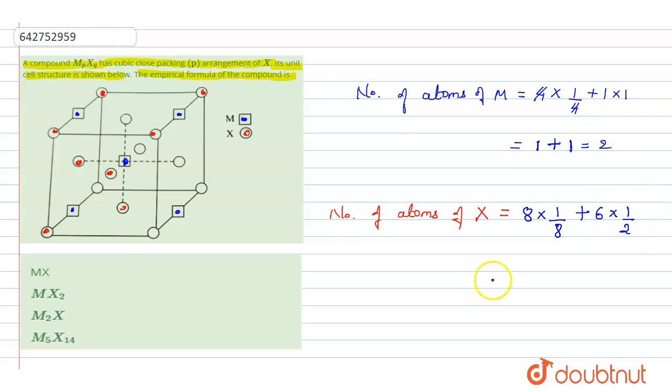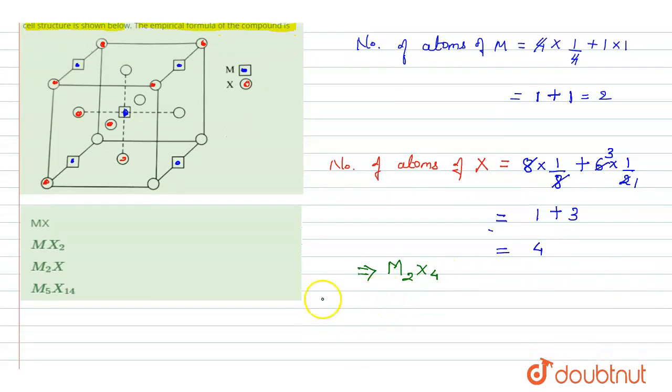Now from this, here we get, this gets cancelled out, this 1 and 3. So this will become 1 plus 3, that is equals to 4. So from this, our formula will become, first of all here we write about formula, that is M2 and X4. Now further we simplify it. So after simplifying, here we get the empirical formula